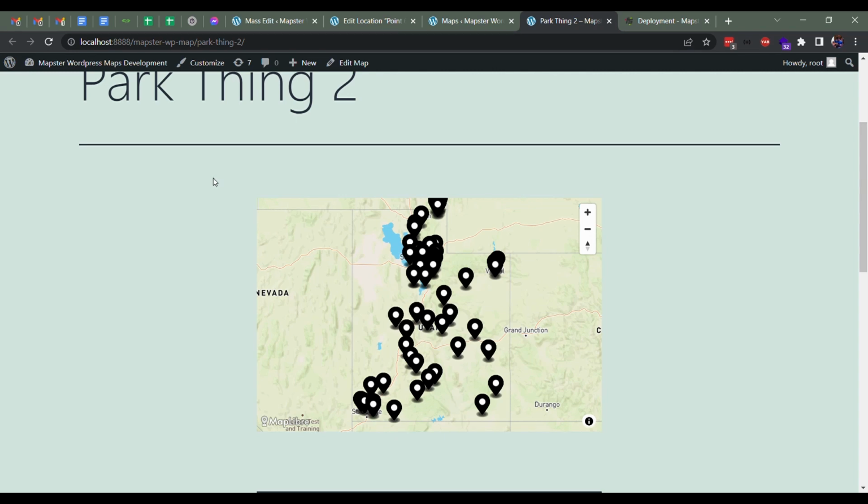I'm just going to go over a cool feature we have in our Mapster WordPress Maps Pro version, which is mass editing. As the name implies, this lets you edit a whole bunch of features at once in terms of their style, which really speeds up the management of your features, your map, the items on your map. Otherwise, you're kind of stuck going one by one, which is okay for smaller maps,